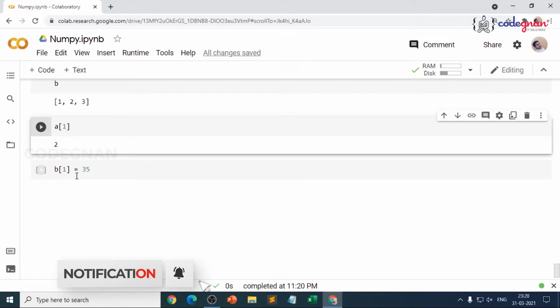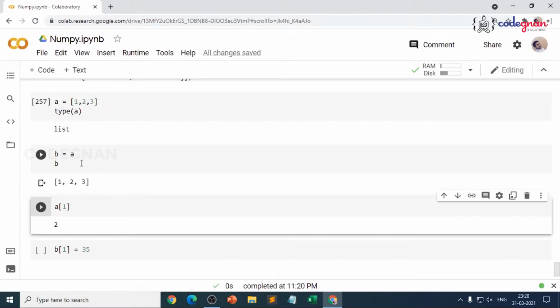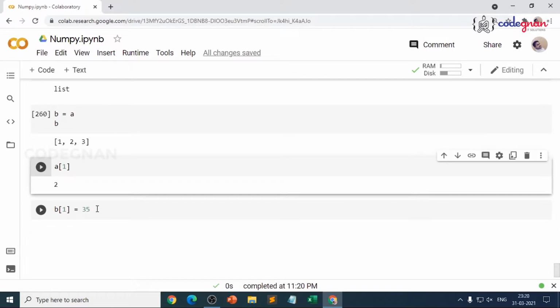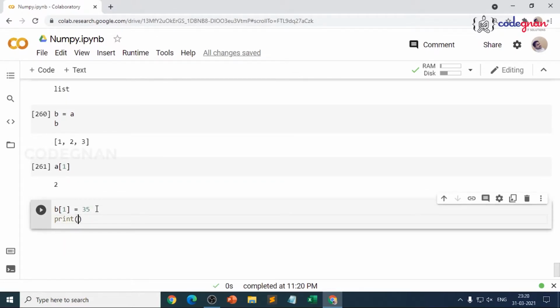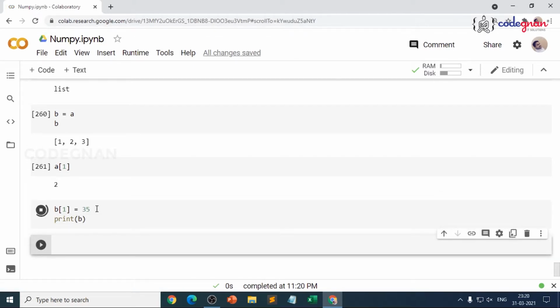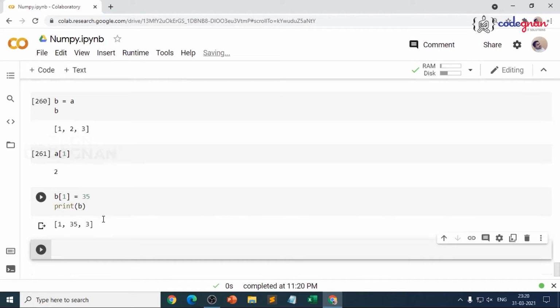But now I am trying to modify a value inside B. You are just assigning every value of A to B. You are not taking a copy of it. You can think of it as swapping. So now you give B of 1 equal to 35 and print B. You see what happens. See, B of 1 is 35. Very good. That is very simple.